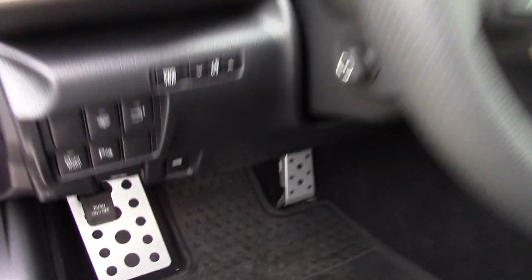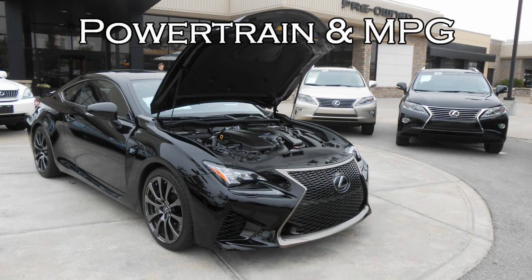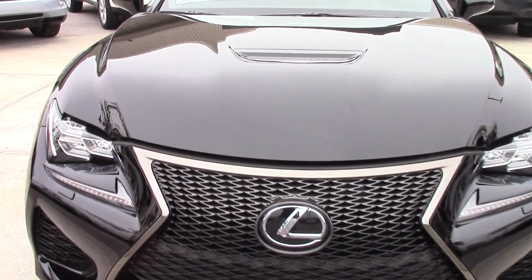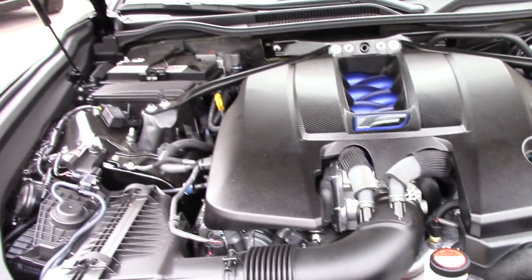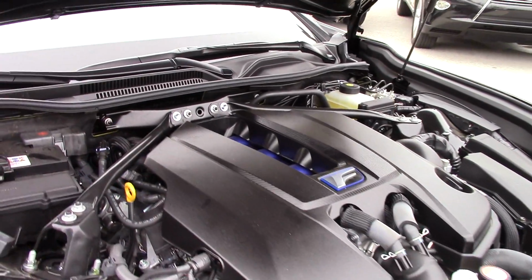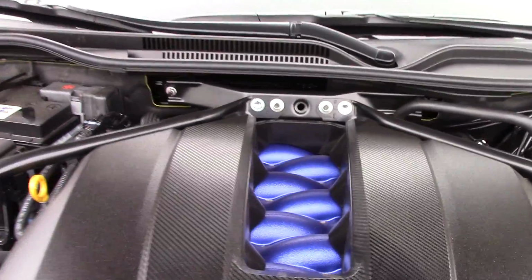Let's go ahead and check out where the real excitement is, in the engine bay. As with most sports cars, the engine is a very important part of the overall experience. Even though this engine shares the same basic componentry from the old ISF, Lexus has made many notable upgrades for